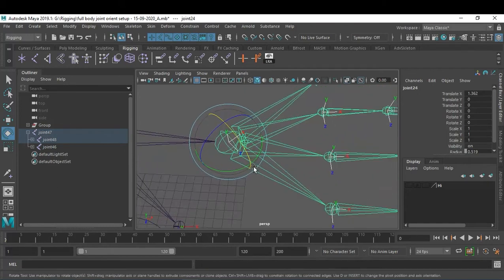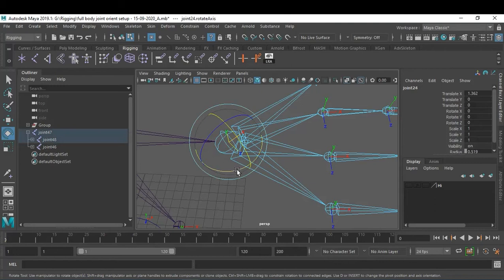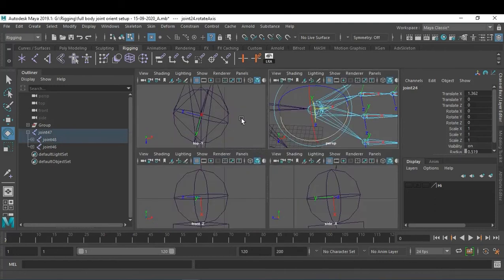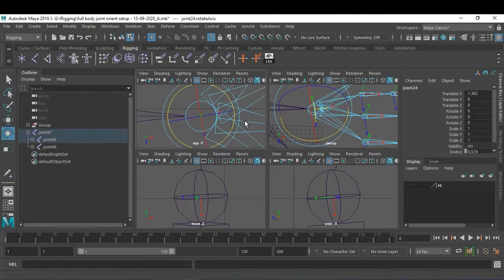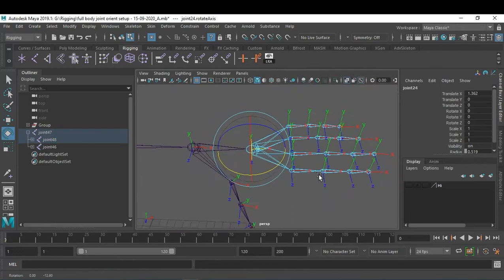So same thing, press F8, miscellaneous component is already active, and change it. We want it exactly in the center, and make sure from the top view it is in the center. Make sure it is following the previous joint and all the joints, and it is done.